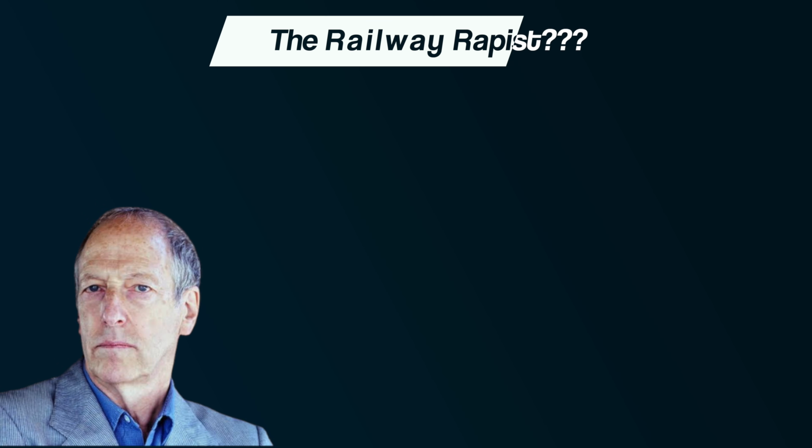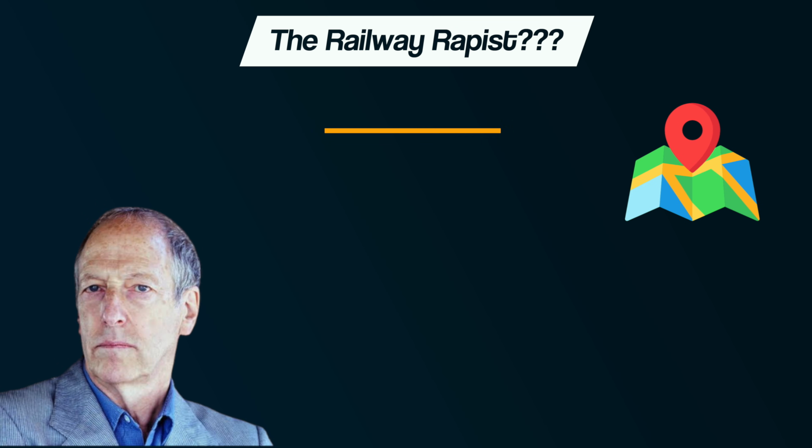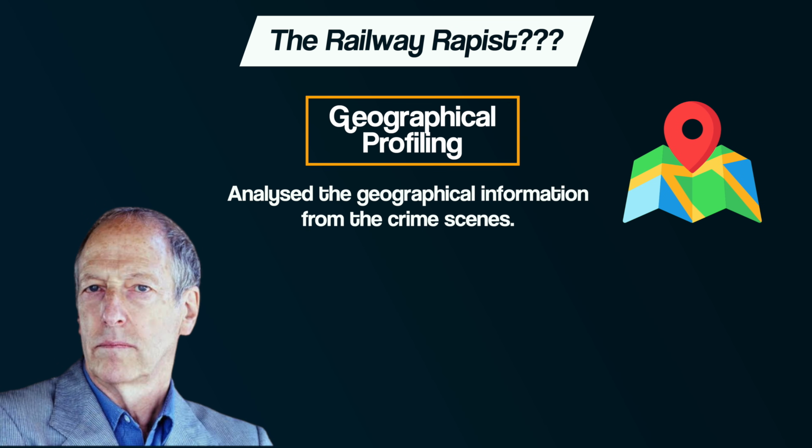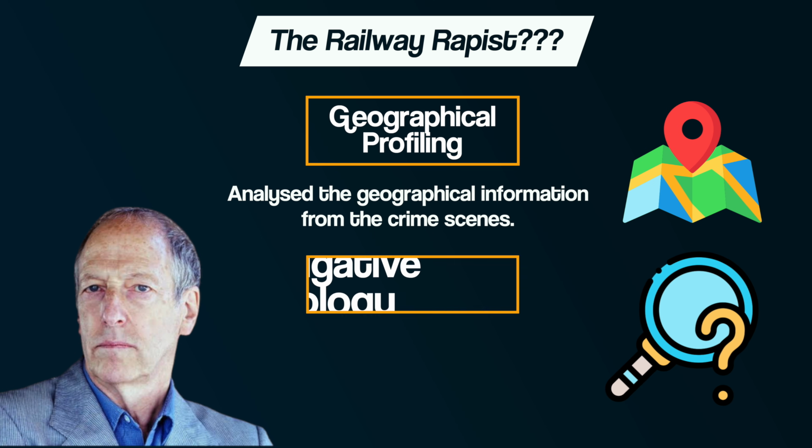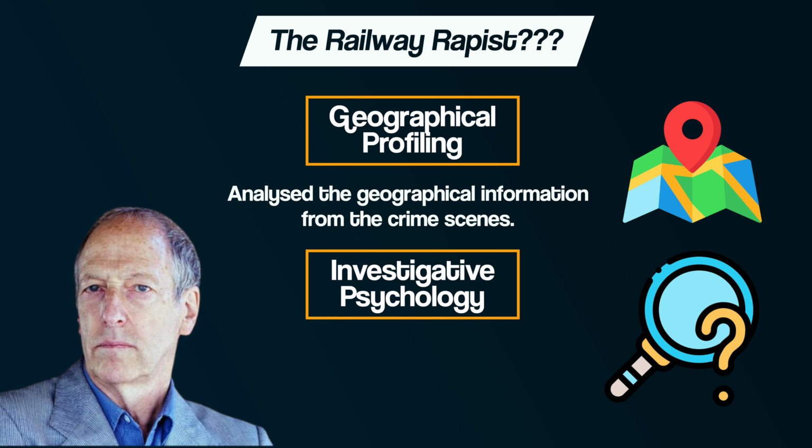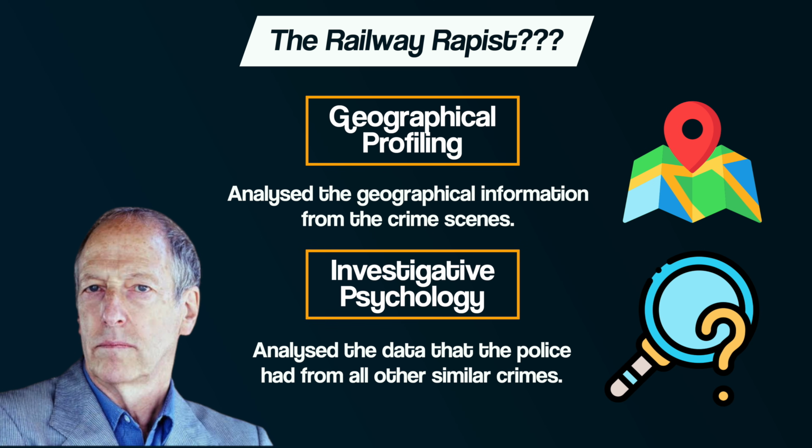They brought in David Canter to help, who analysed the geographical information from the crime scenes, and he also used his investigative psychology technique to analyse the data the police had from all other similar crimes. Whilst Canter was creating the profile, another attack took place, and Canter proposed the following profile: